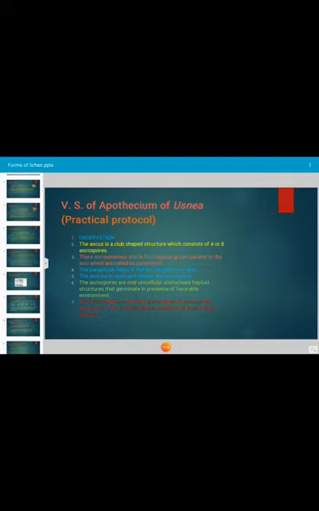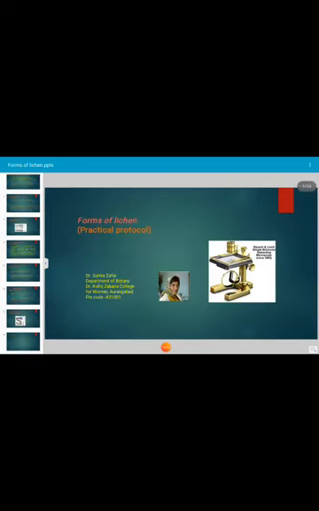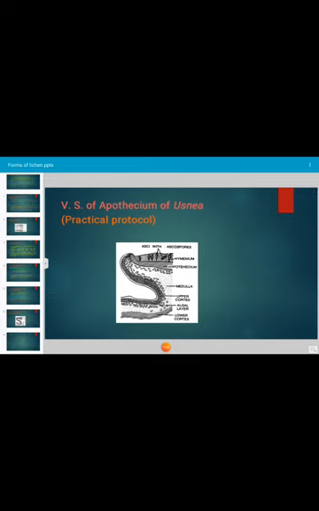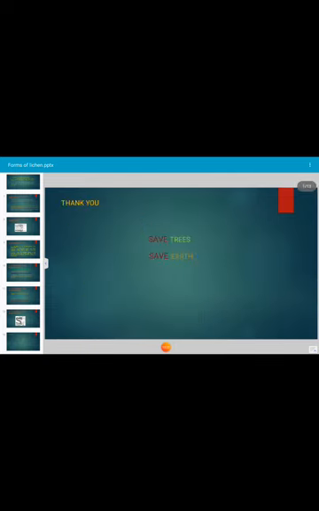And the hyphae produced by the germination of ascospore develop a new lichen thallus in presence of a proper algal element. Next. This is the vertical section of the Usnea apothecium, longitudinal section, and the ascospores, asci are there, hymenium is there. Hymenium is the fertile layer of the apothecium. Okay, medulla is shown here, upper cortex, algal layer is present, lower cortex is shown in the photograph. Okay, next. Thank you very much.